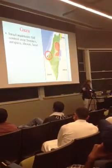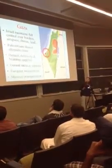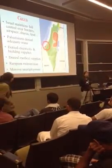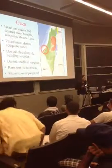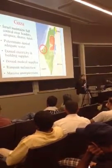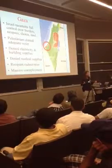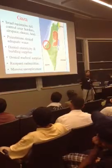So the people of Gaza are enclosed in an area completely controlled by Israel. They're denied adequate drinking water. Many of the Palestinian aquifers in Gaza have been systematically targeted and destroyed by Israel. In fact, this is something the booklet I talked about covers. They are denied electricity and building supplies to rebuild their homes after they've been demolished. Denied adequate medical supplies. There's rampant malnutrition, massive unemployment. Gazans are not allowed to export anything, so even if there's some food on the shelf, you can't buy it. You have no employment. You're not able to export anything. Life is, to put it very mildly,